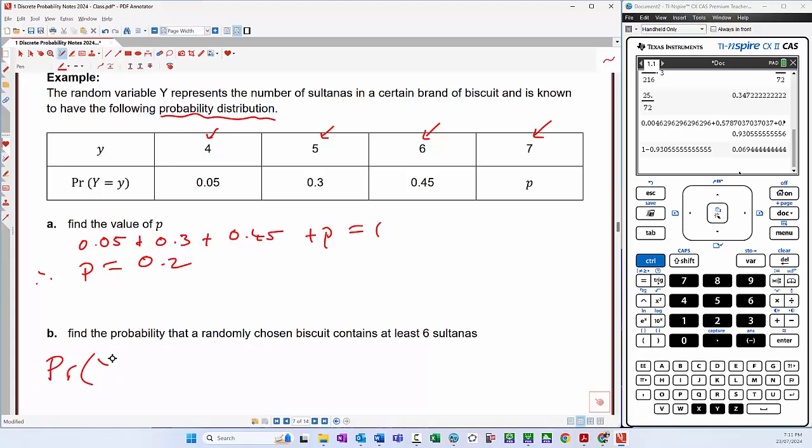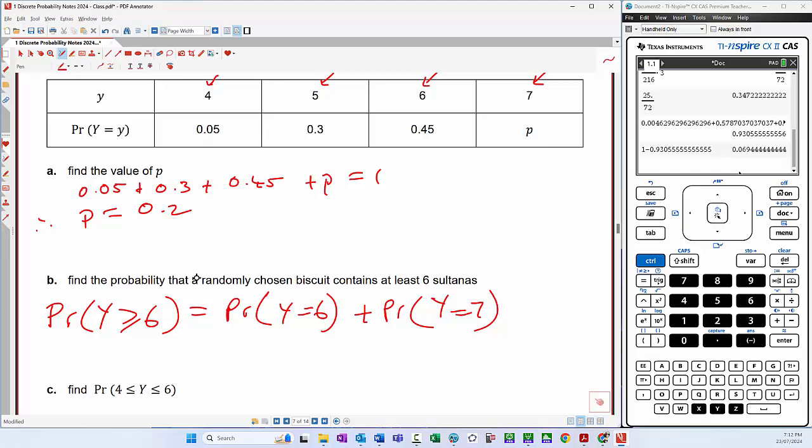Find the probability that a randomly chosen biscuit contains at least 6 sultanas. So we're looking at the probability that the random variable contains at least 6 sultanas. So that's the probability that the random variable is equal to 6 plus the probability that the random variable is equal to 7. Okay, so 0.45 plus 0.2